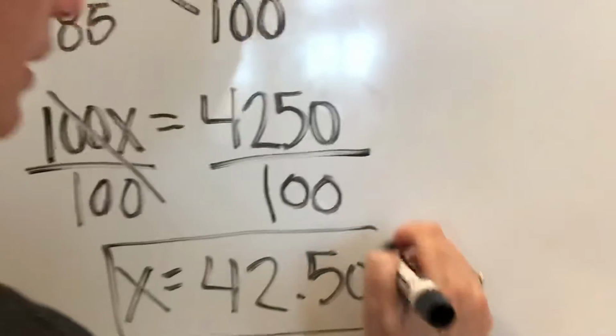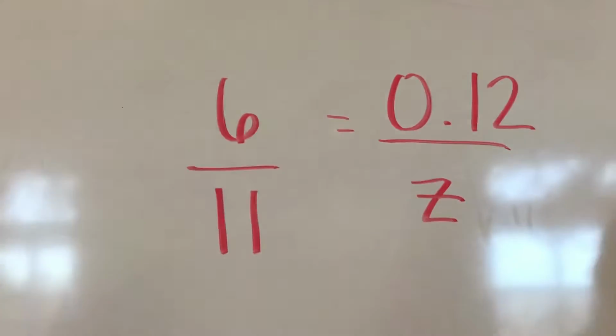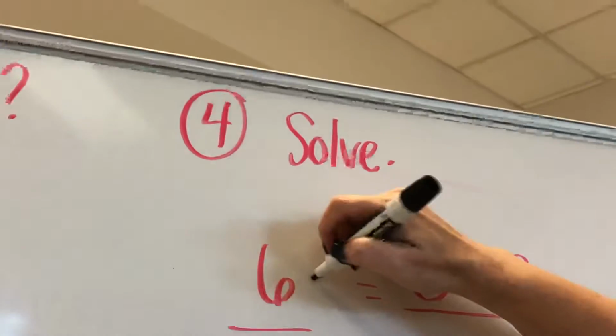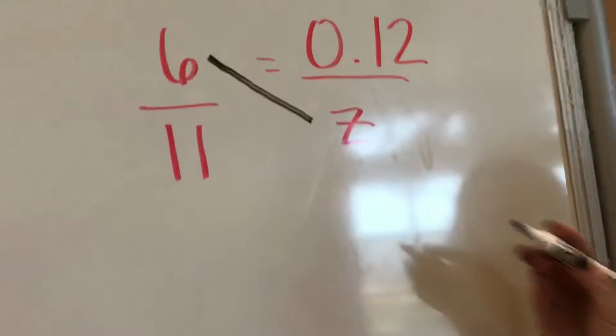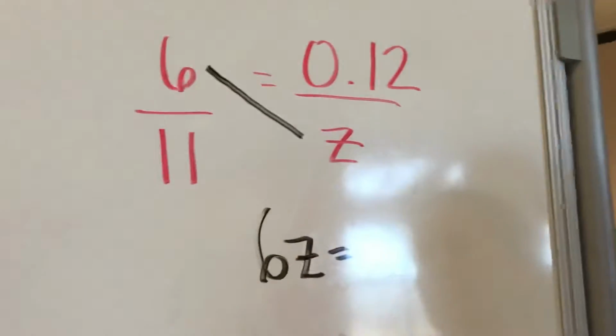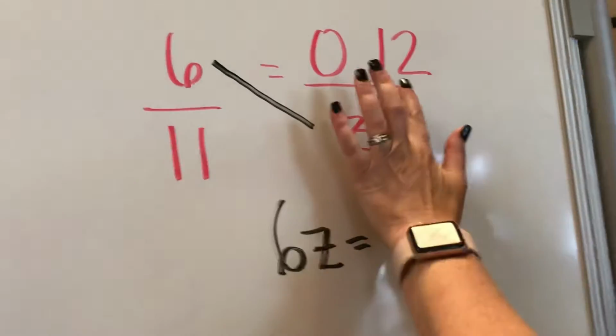Okay, last problem. Do we have room? Hope so. Okay, I have 2 fractions that are equivalent or equal to one another. So I'm going to go ahead and cross multiply. 6 times z is 6z. And I'm going to go ahead and put that little funny mark on the z just so I know that that's not a 2 or other random number. 11 times